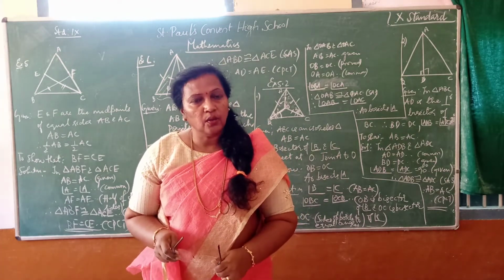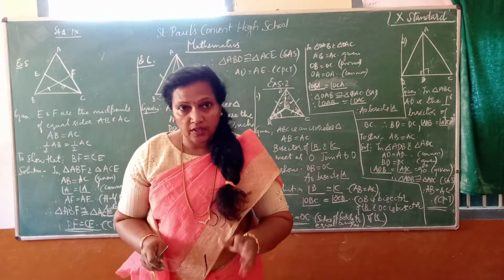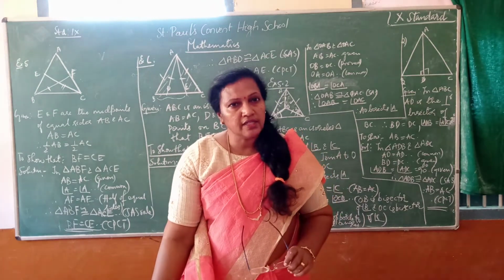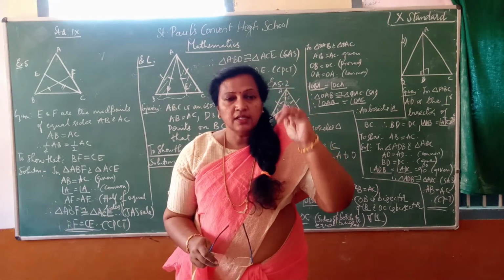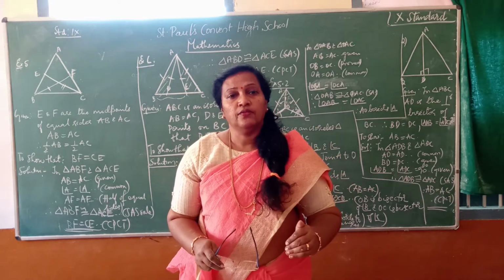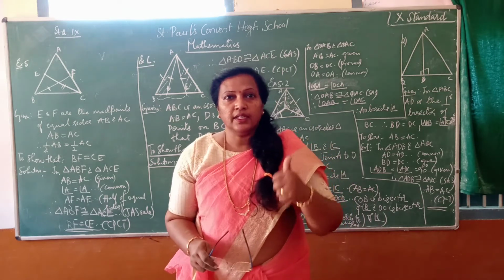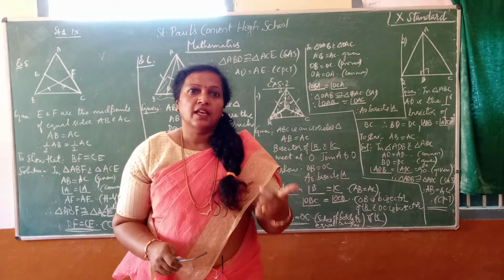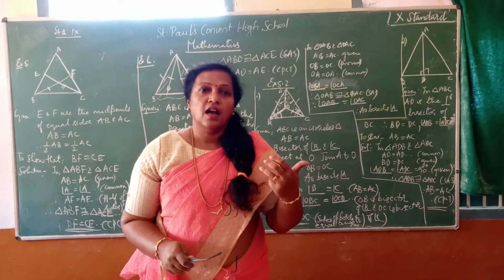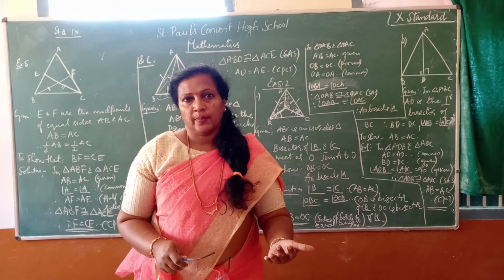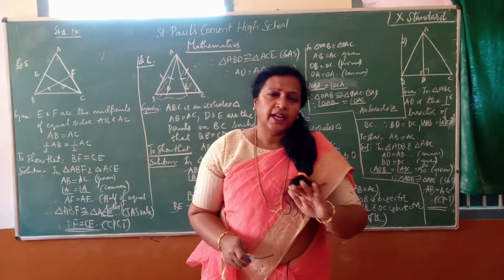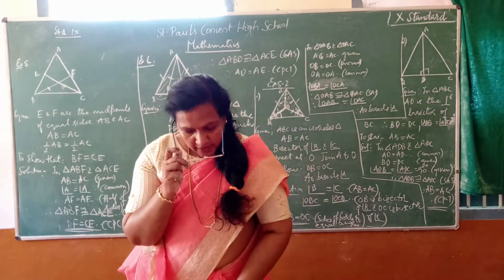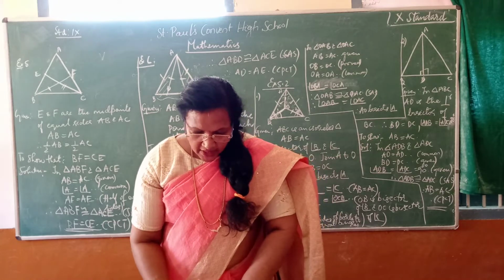You got what I have told? First activity, I am repeating what you are supposed to do. The activity is give the heading criteria for congruence of triangles. Then mention all the 5 points, 5 rules. Which are the 5 congruence rules? SAS, ASA, AAS, SSS, RHS. Then the next second point, you have to state all the rules. After writing these 2 points, you have to go for page number 86.